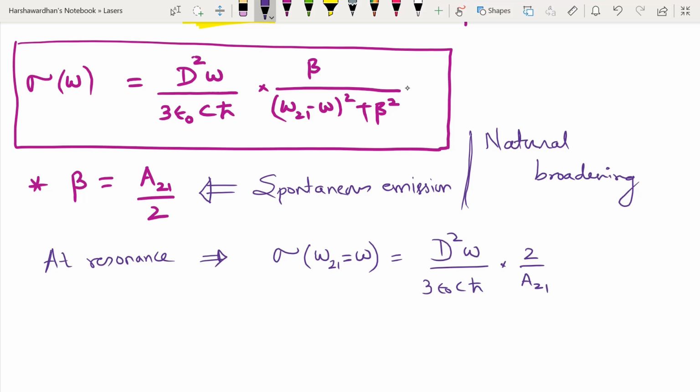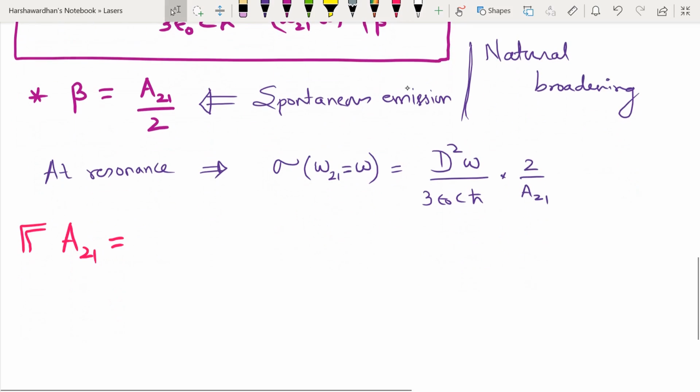So for example, you can just take it for granted. A21 itself has been calculated using quantum electrodynamics, and an expression has been obtained for it. I will not go into that process, but I'll give you the formula of the expression for spontaneous emission, and you can just take it as it is and see what the consequences of this are. So the A21 formula, this is coming from QED, or quantum electrodynamics, and this simply is the